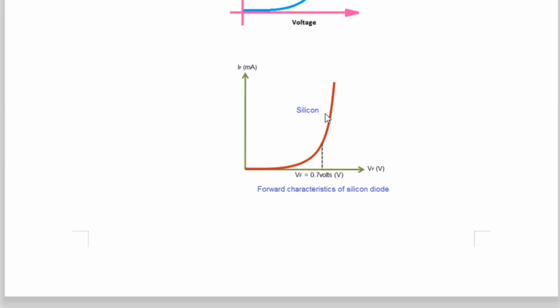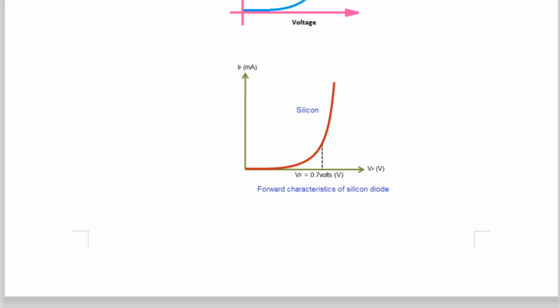If you observe this curve, this is the exponential curve. I have shown one more curve like this. In this curve it is written that till 0.7 volt, actually speaking, the diode should not allow any current to flow because the barrier potential is 0.7 volt. But due to room temperature, from about 0.5 volt onwards the current starts flowing. But anyway, we are interested in this exponential curve. After this it is linear, no doubt, but here you can say exponential.